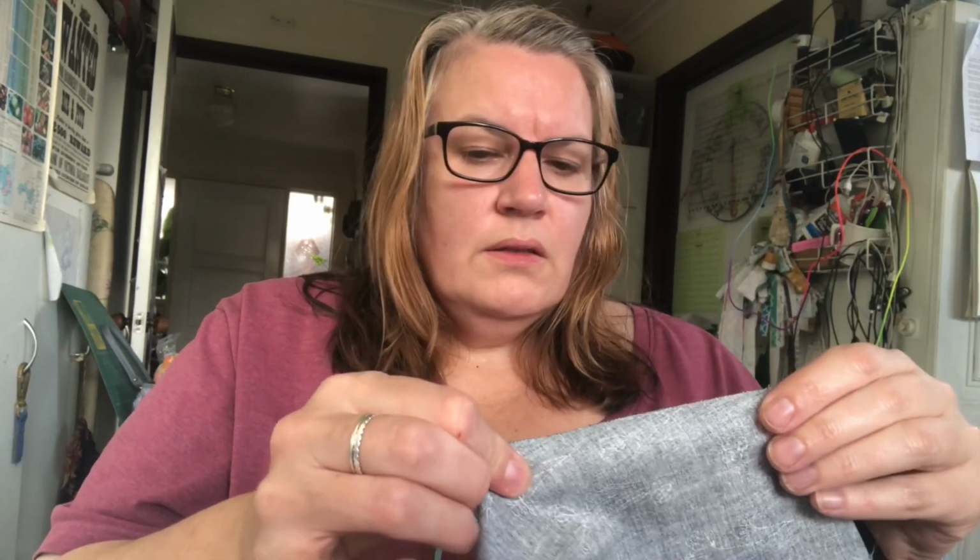Okay, now for the darts. I'm just going to do that because I think that's what you do. It's been a while since I've done a dart. It's not going to cooperate, but I think you just fold it in like that, and you sew it. So that's what I do. Okay, they're all done. So that means now I need to sew this side